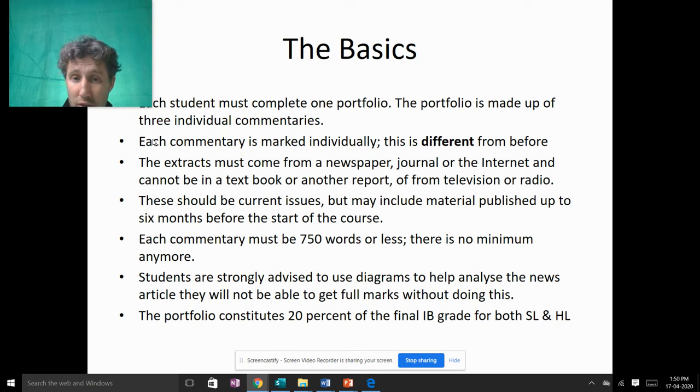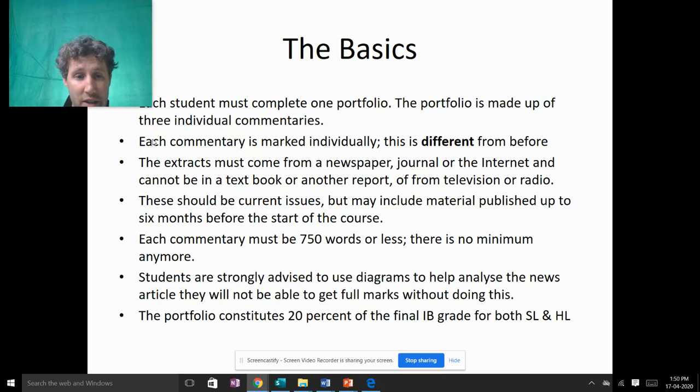They're marked individually. So this year I've just uploaded all the commentaries for my seniors. All their commentaries are marked individually. So they might even have different markers. I'm not sure how exactly the process works, but they may have different markers for each commentary. They're marked individually, and